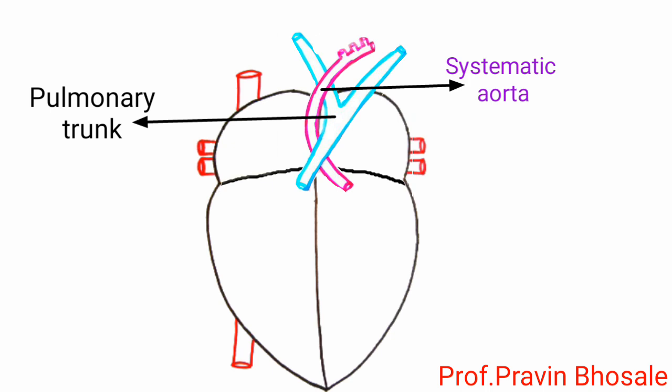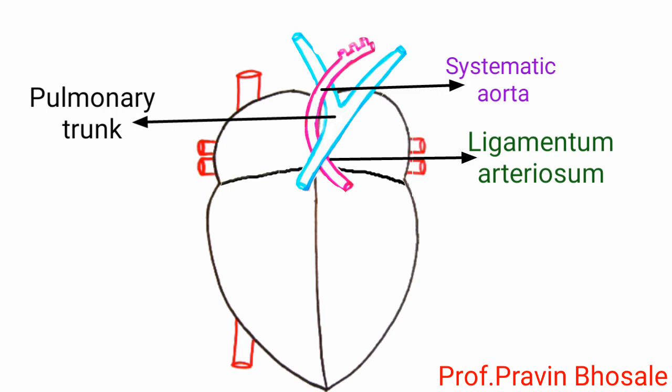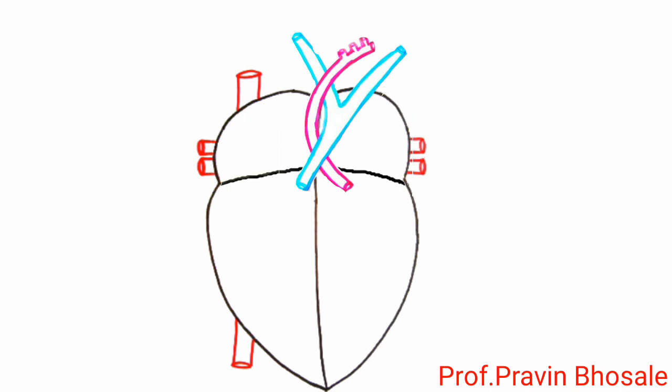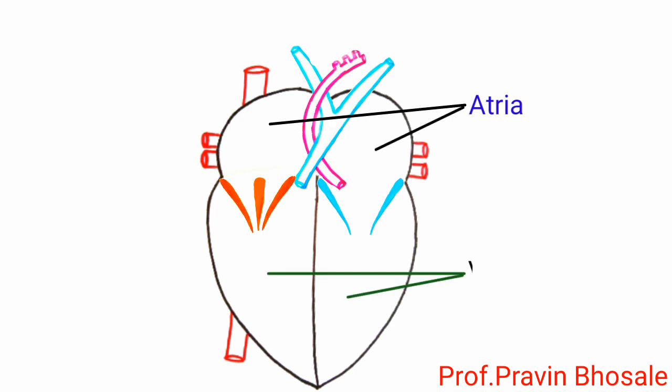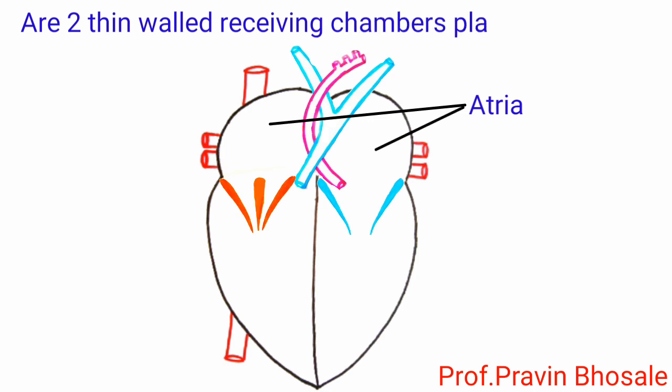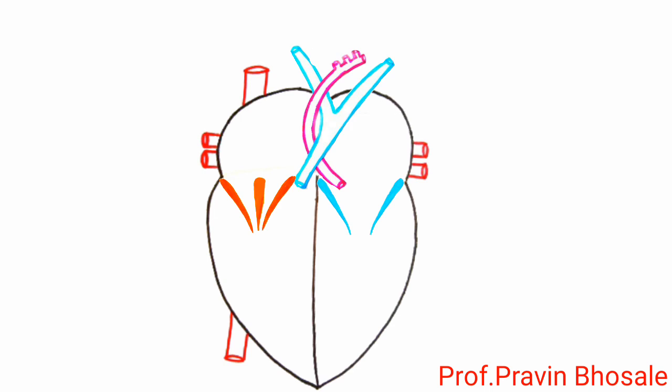The pulmonary trunk and systemic aorta are connected by the ligamentum arteriosum that represents the remnant of the ductus arteriosus of the fetus. Internal structure: the heart is 4-chambered with 2 atria and 2 ventricles. Atria are 2 thin-walled receiving chambers placed superiorly and separated from each other by